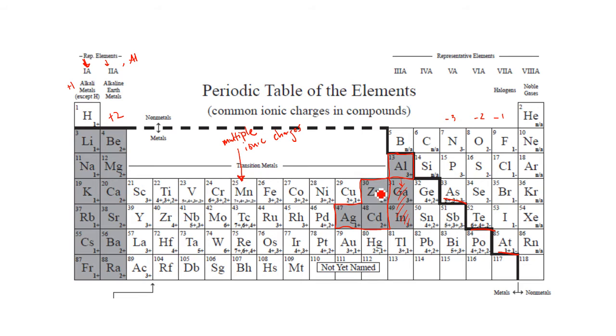For now, you have to know that zinc always carries a +2 charge, right? Cadmium carries a +2 charge, and silver always carries a +1. That's for you to memorize as well.